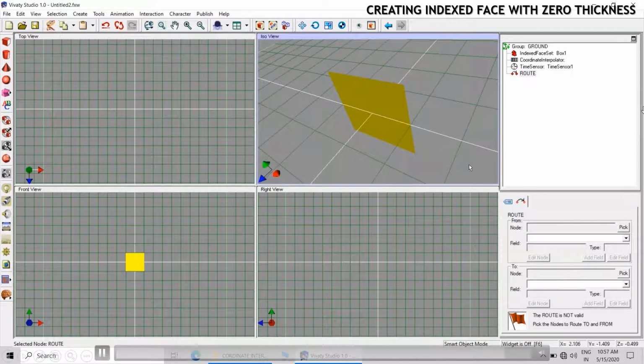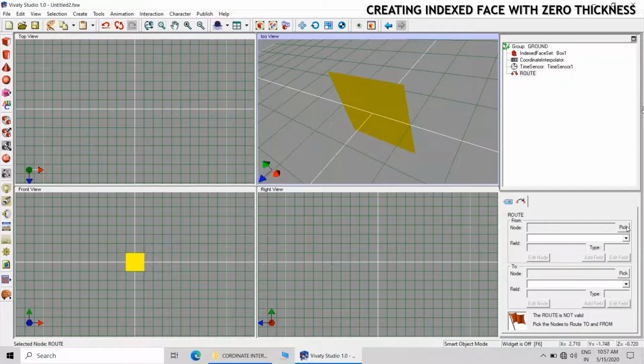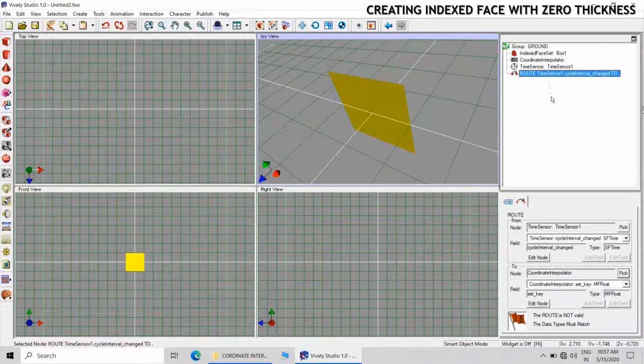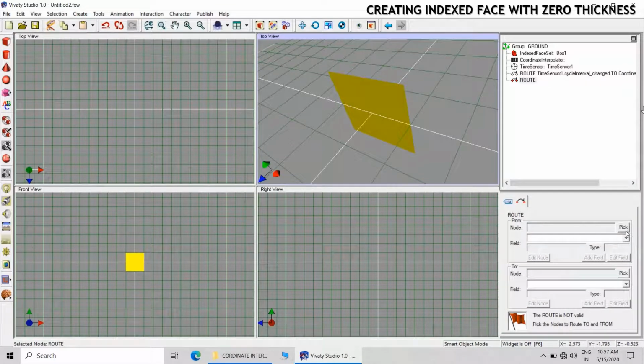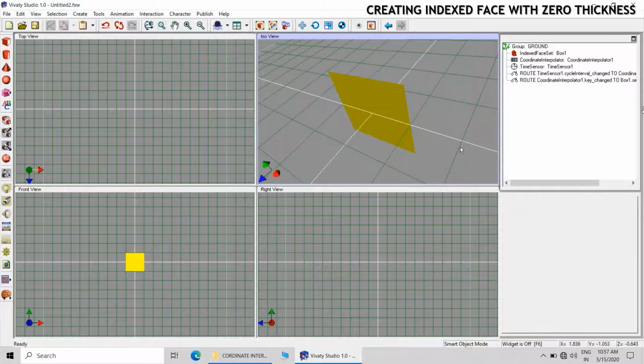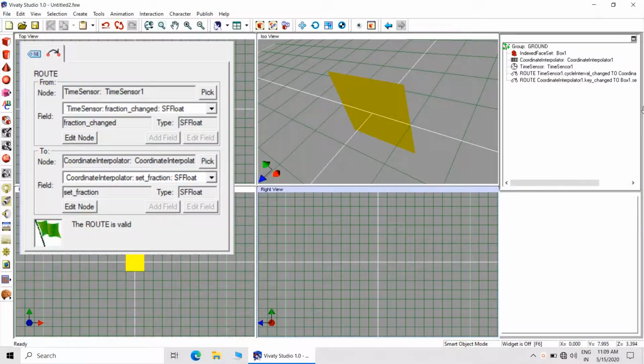Now we will be creating the routes. Then there will be a second route. So that completes the animation.